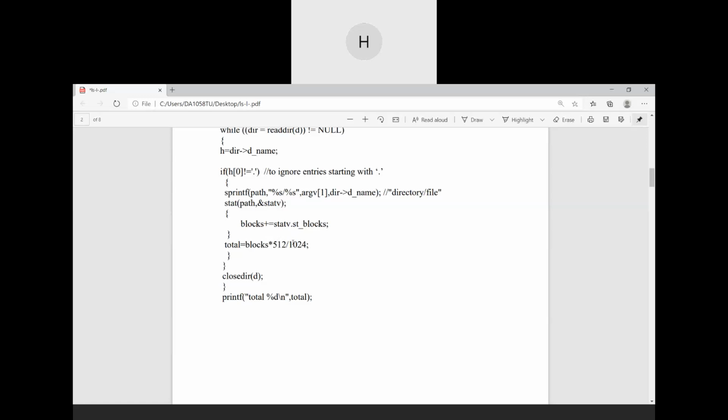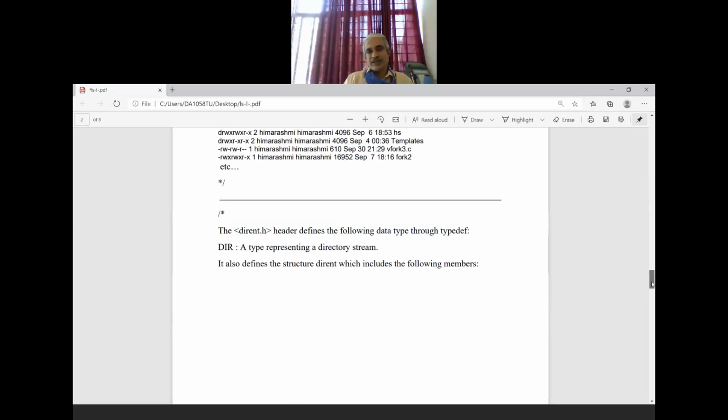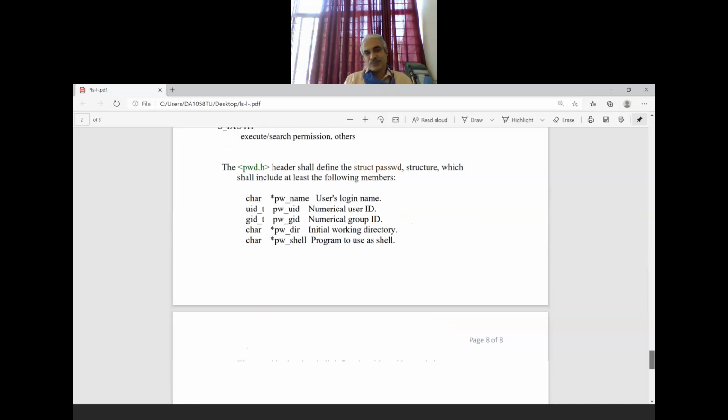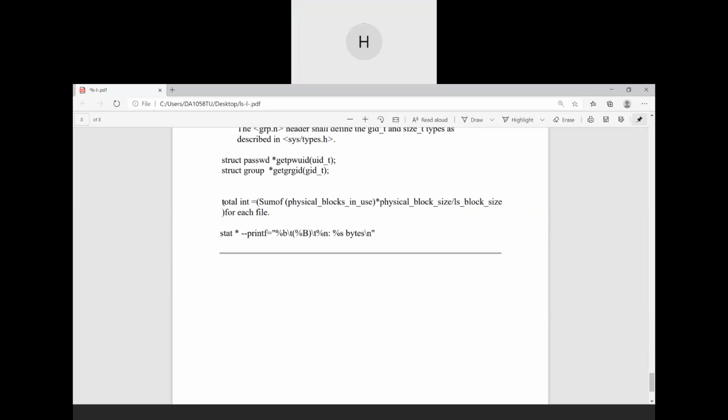So this is the formula which I got on the net. What is the meaning of that? It was given that the total displayed by the ls -l command is not just the blocks which we get from st_blocks.